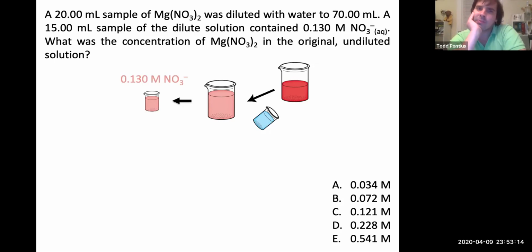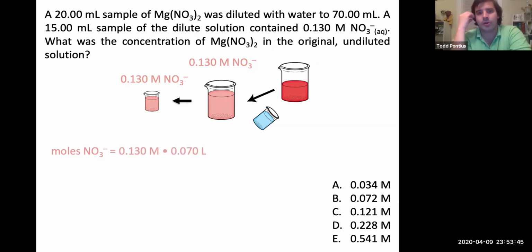So our dilute solution was 0.130 molar nitrate. That means that it doesn't matter if we're looking at the transfer from the dilute solution or the dilute solution itself, it's the same concentration. So even though we transferred 15 milliliters of that dilute solution, if it had 0.130 molar of nitrate, that means the dilute solution had 0.130 molar of nitrate. So now that we know that, the moles of nitrate in the solution are going to be equal to the 0.130 molar times the 0.07 liters that were in that dilute solution, which gives us